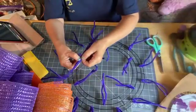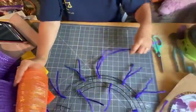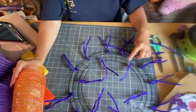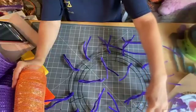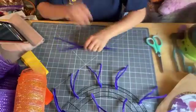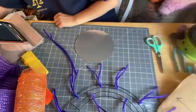Okay, so we have 2 pipe cleaners left. These are going to be for our sign. And you can see here that I did the 3 in each section. And we have 6 on the inside 2 rings, 12 on the outside 2 rings, which gives us our total of 18. And then these 2 will be for our sign, which I'm going to go ahead and set up next,